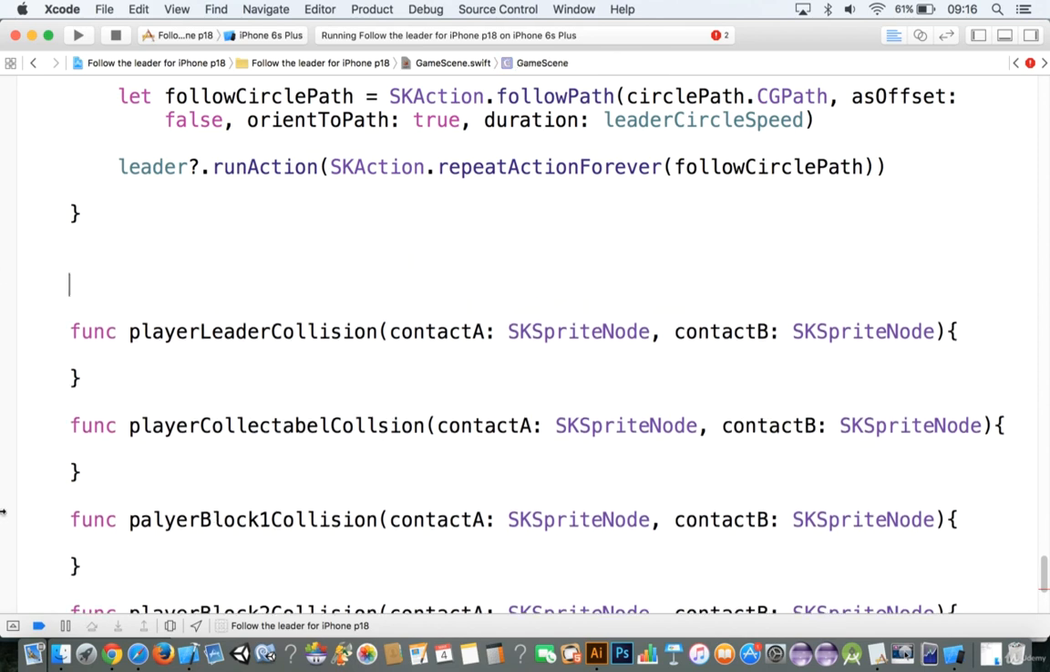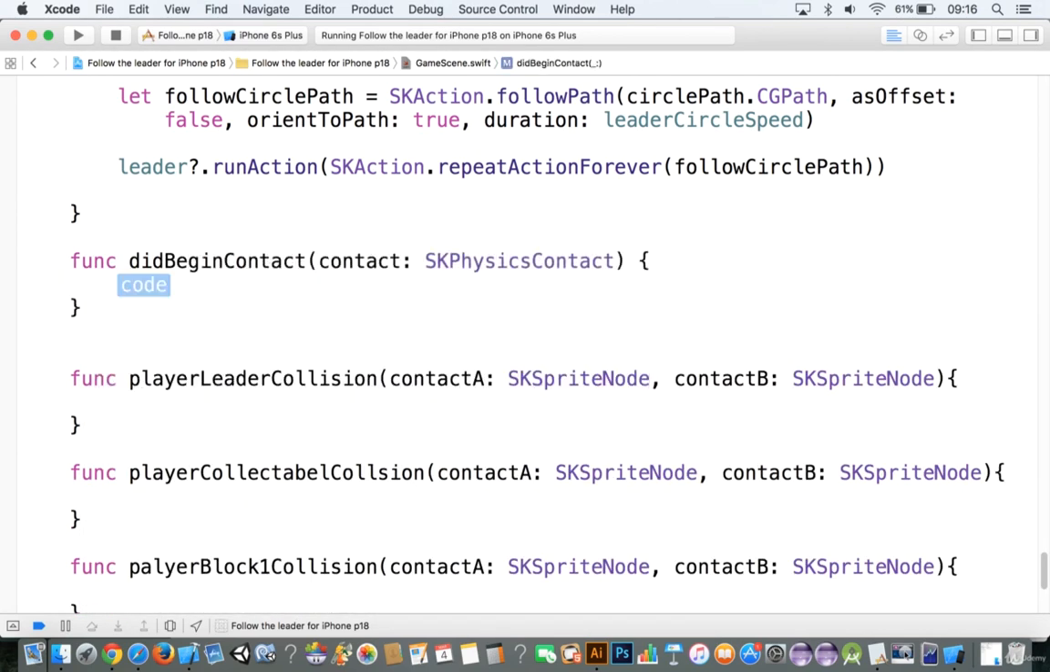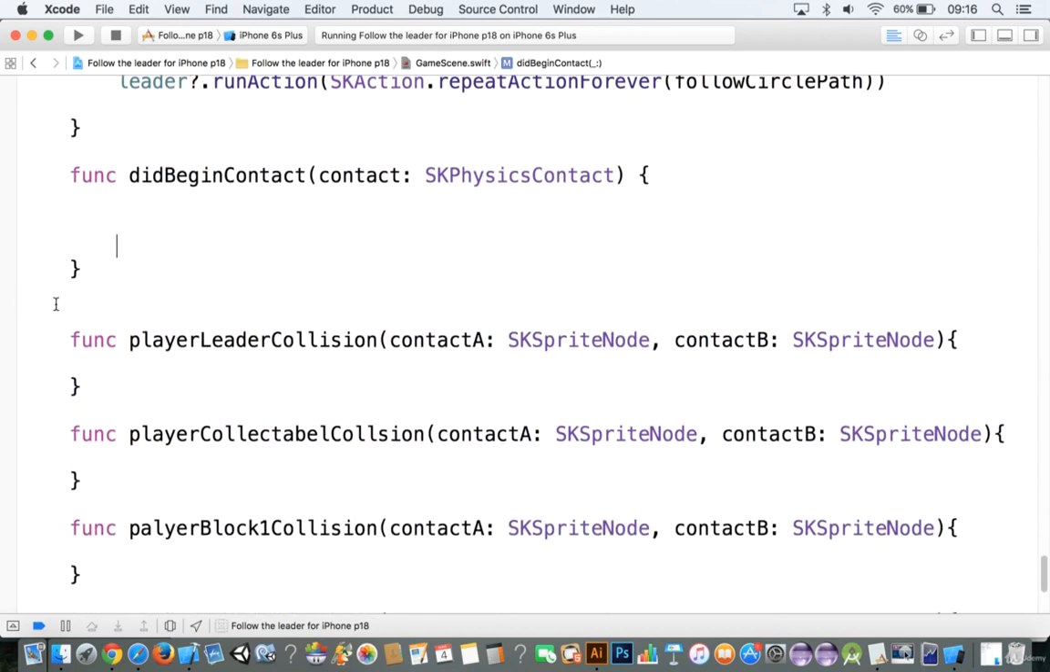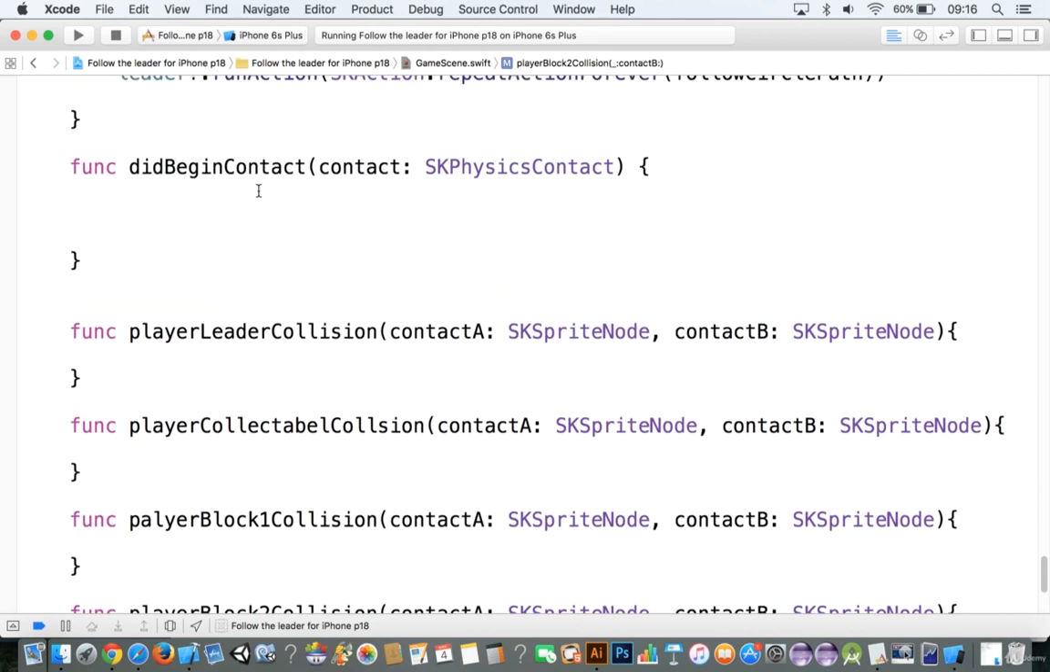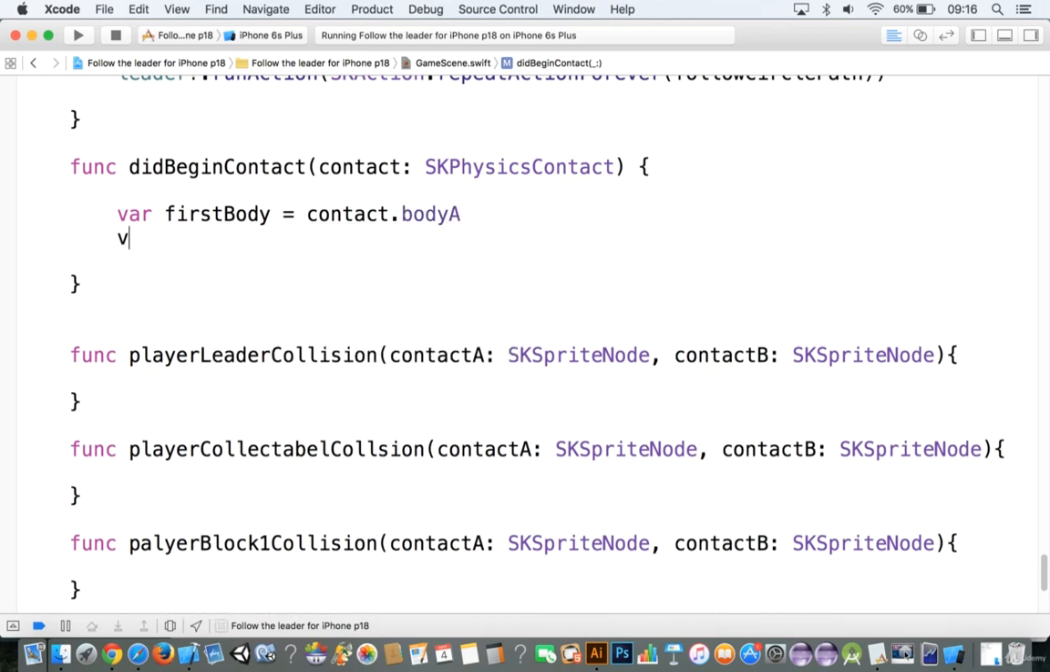Now this didBegin contact, we're going to say function didBegin contact, and here's where life gets to be fun. Now make sure that all these are set up. Take a couple extra seconds to make sure that's correct here. And this is where life gets a little bit more complicated. So let's add in our first body, and we'll make that equal to contact.bodyA, and then var secondBody is equal to